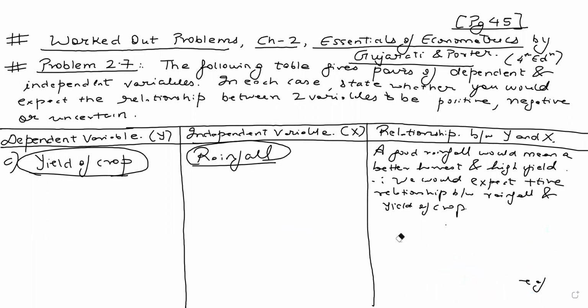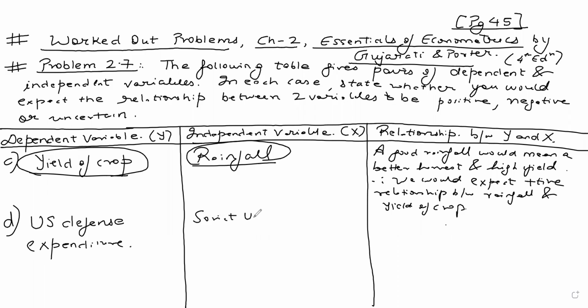So if you look at part D, that is US defense expenditure and Soviet Union's defense expenditure. Now, Soviet Union is Europe. If the defense expenditure of the Eurozone or the European economies go up, if the European economy starts spending more on defense, then US is also going to spend more on defense to deter or to signal that they are